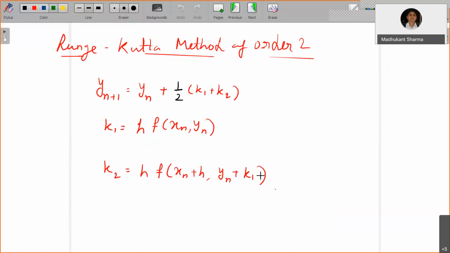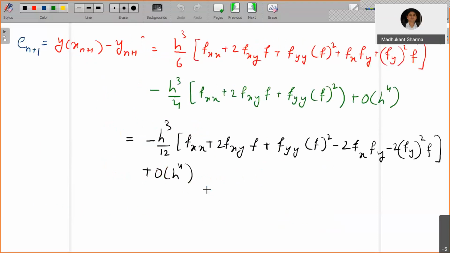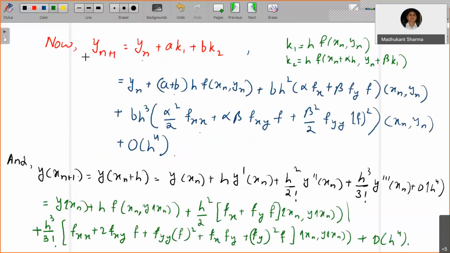Okay, so alpha and beta are value 1. So let's fix it up. Okay, right. Now you can talk about the error term. The error is given by the difference between y at xn plus 1 and the yn plus 1 approximation. So if you take the difference of these two, y at xn plus 1 minus yn plus 1,